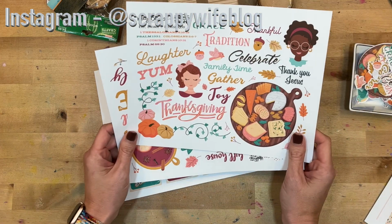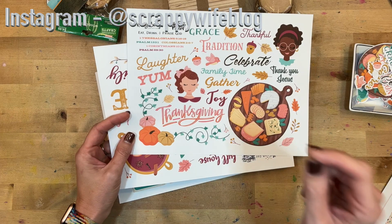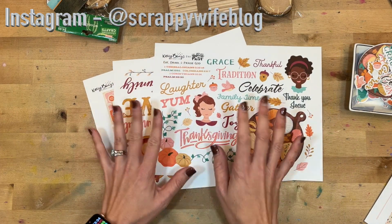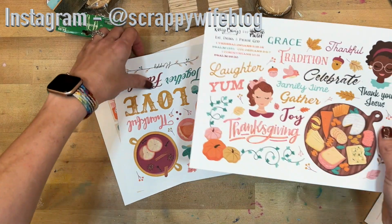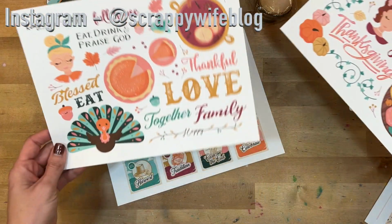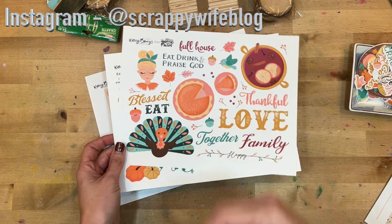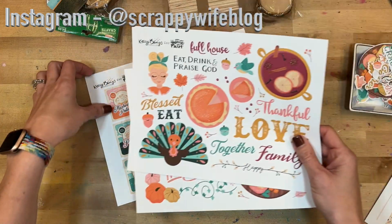I am using a new printable set from Kelly Bangs. It is called Eat, Drink, and Praise God, and it goes really well with Project Grateful, with Gratitude Documented. If you're working through either of those projects this year, super cute. I love the charcuterie tray. I think it's adorable. Love the peacock. It's all about eating, drinking, all of the things we love in the month of November and using those times